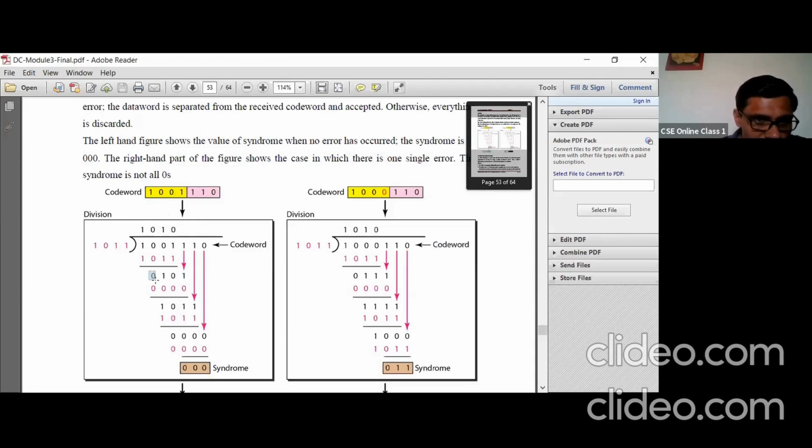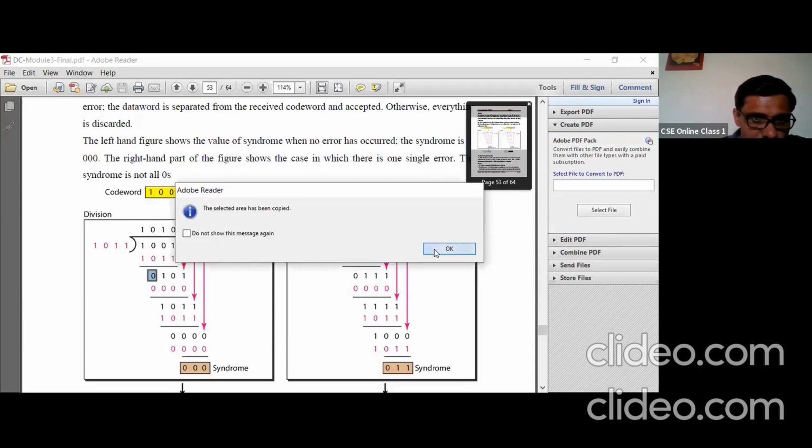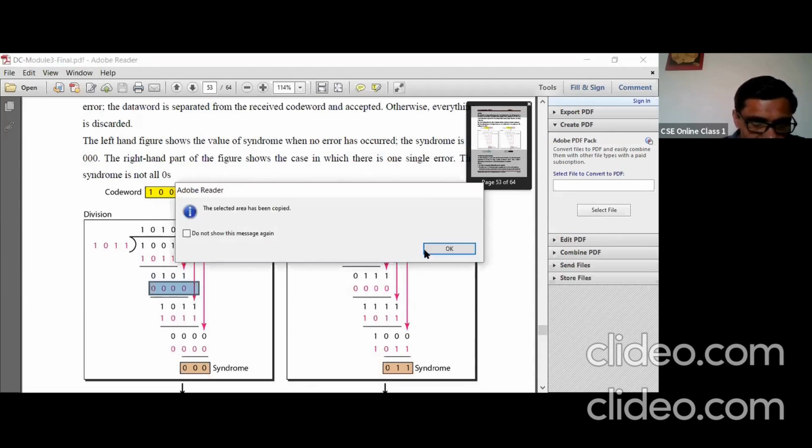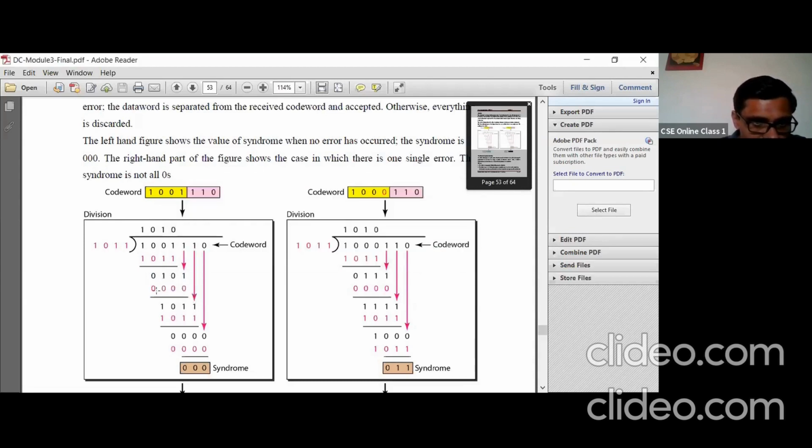Since now leftmost bit is 0, you have to take 0 0 0 0 as a divisor. Okay. Then perform XOR operation again. After performing XOR operation, you get 1 0 1 and take this one to here. You get 1 0 1 1. Now again, leftmost bit is 1.